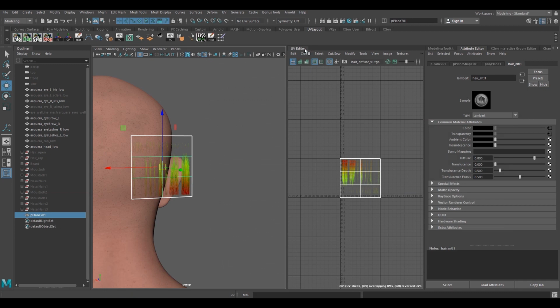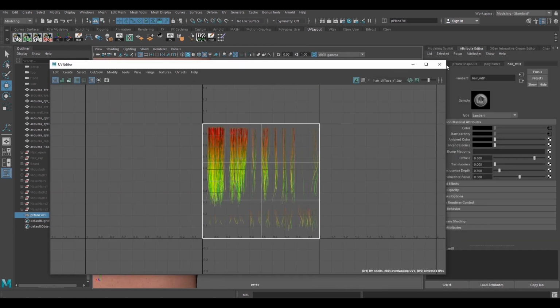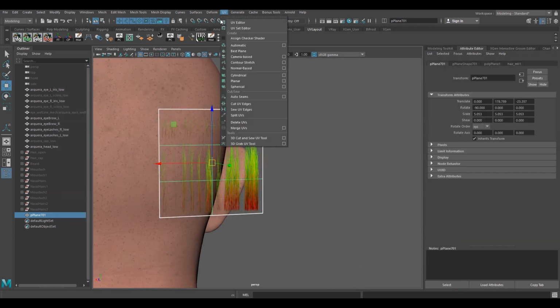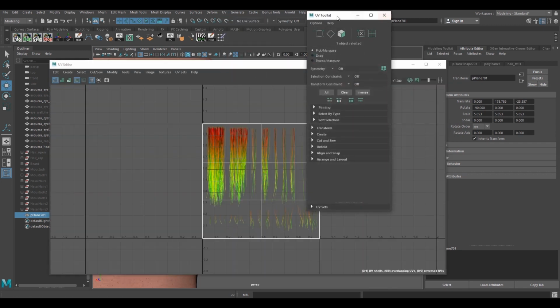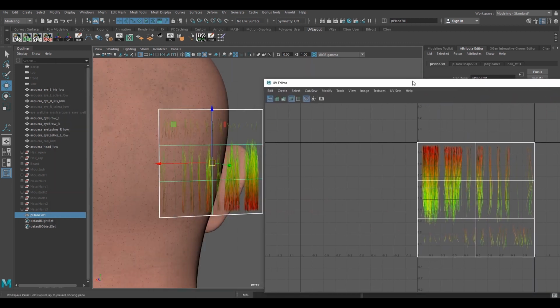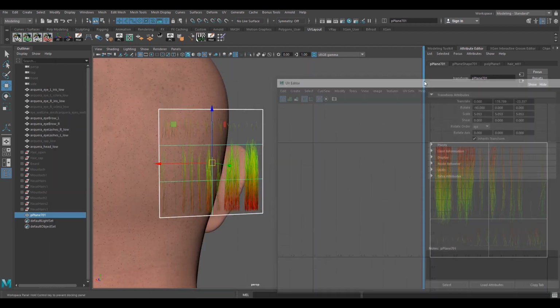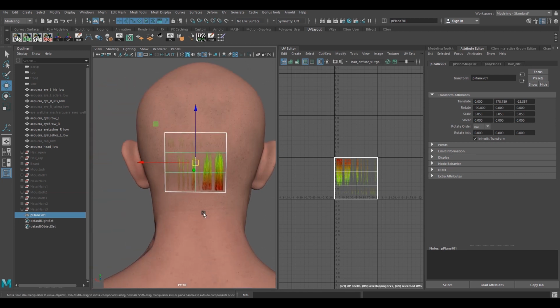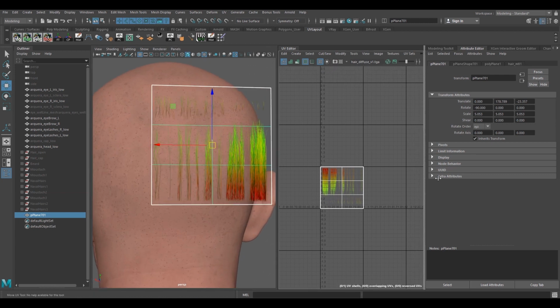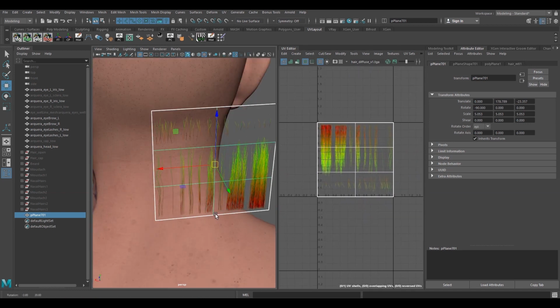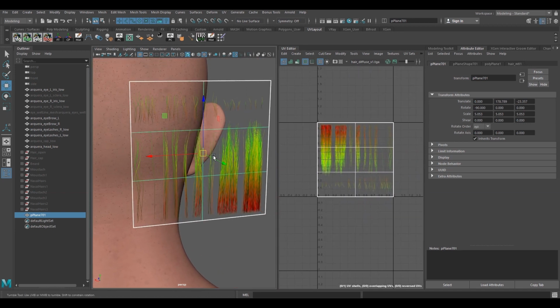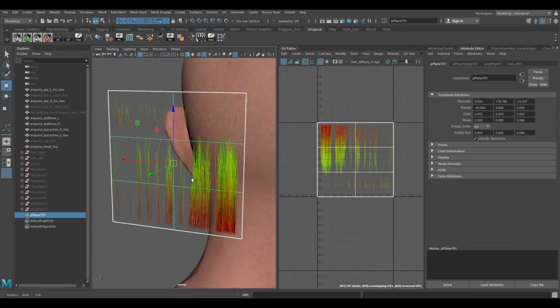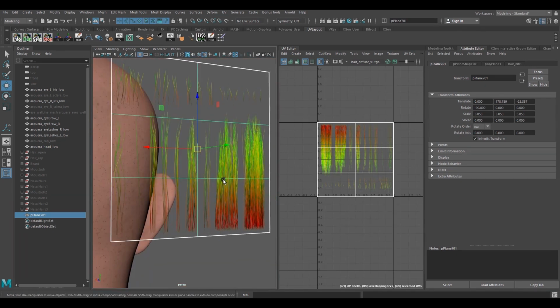And again, if you don't know where the UV editor is located in Maya, it's under UV and UV editor. We can close this for now, and I'm just going to dock it over here. So these are the hair textures applied with the transparency also applied on it,